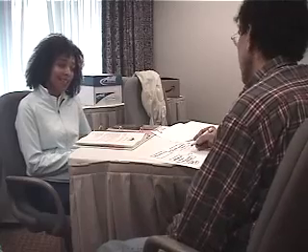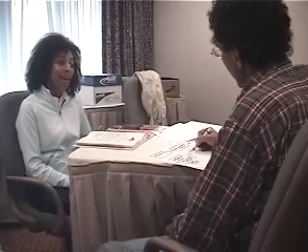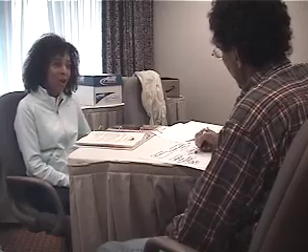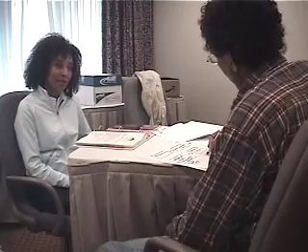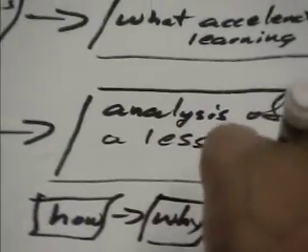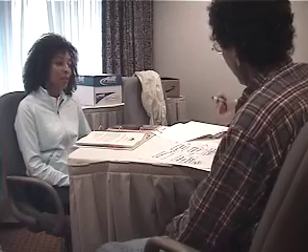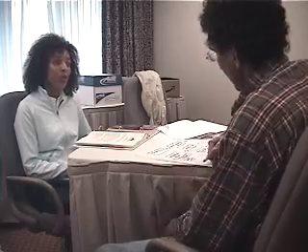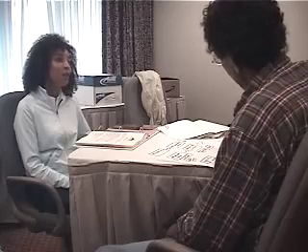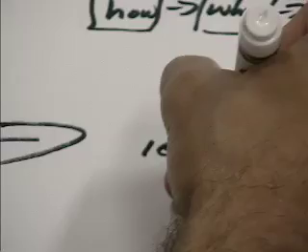The actual analysis of a lesson. In other words, I will actually present a lesson and we will go through that lesson to learn the strategies as well as to analyze the how and the why behind the what of the lesson. We have the how, we have the why, which leads to the what. That's correct. That leads to the what. Okay. Any other parts? Last big chunk is where the inductees actually try out for themselves. It's the application of the strategies they've learned. To go back full circle and to look at learning again. And what did we learn about the what and the whys and the how of NUA in terms of moving